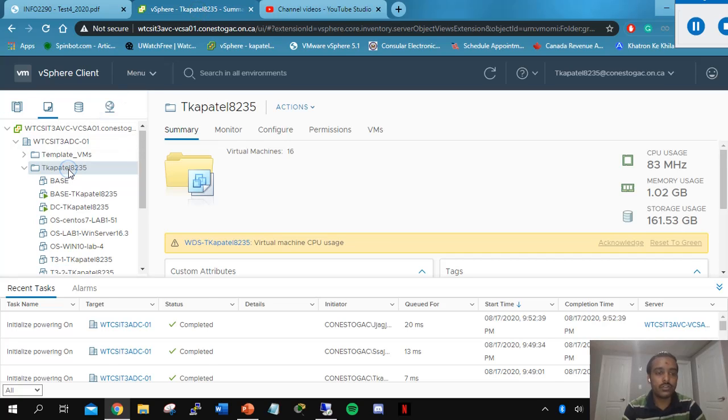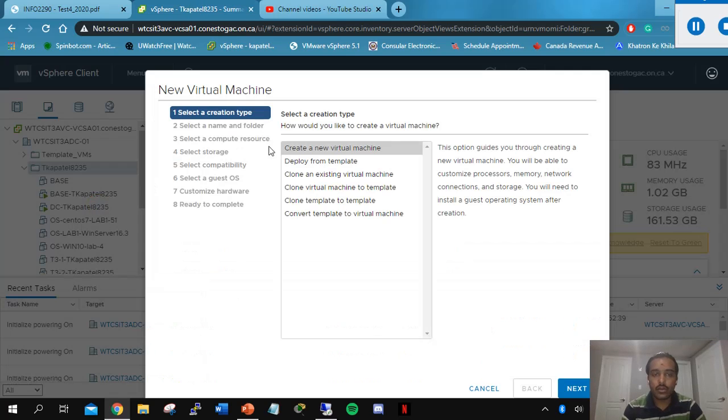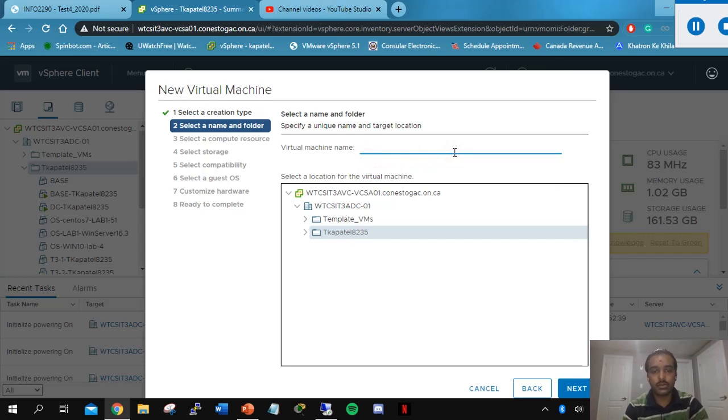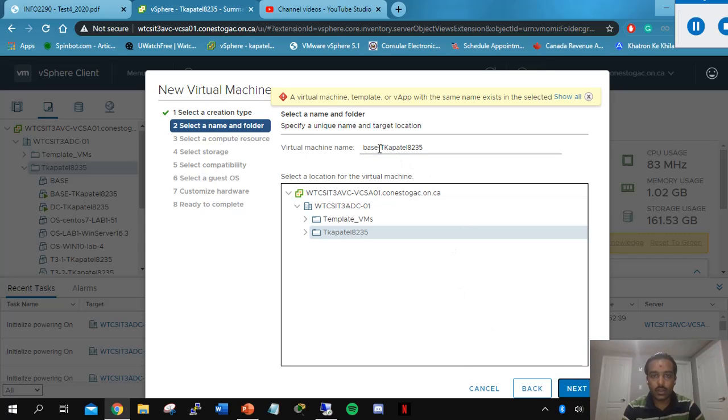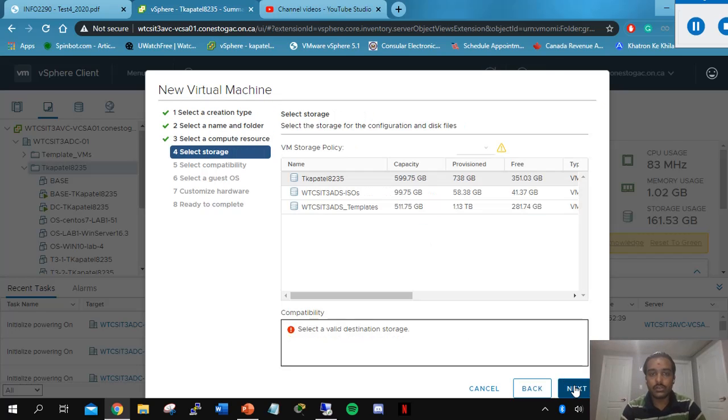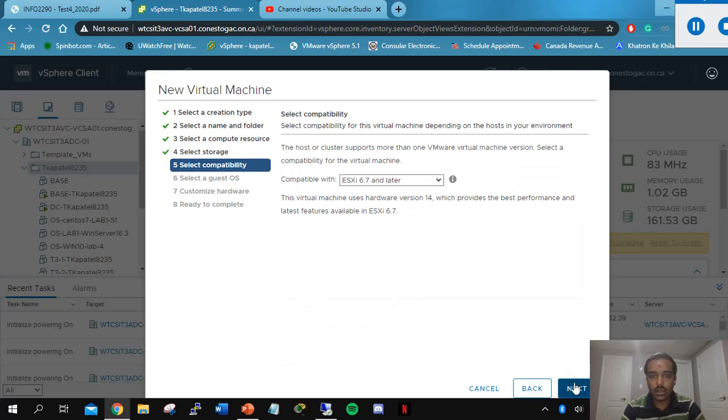So let me create a new virtual machine from here, and we are going to name it as per the schematics. Alright, I already have one with this name, so we're gonna change it to just a short name. Right, we're gonna select the computer storage, and